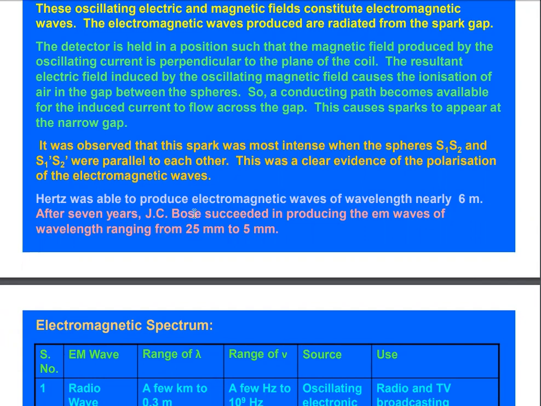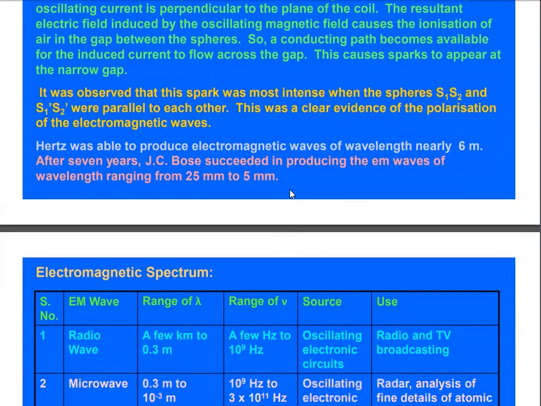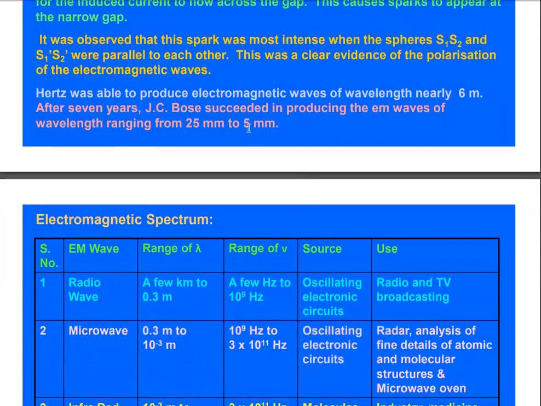Jagdish Chandra Bose succeeded in producing the EM wave of wavelengths ranging from 25 mm to 5 mm. And this wave is called radio wave of short wavelengths. And it was this wave produced by Jagdish Chandra Bose that was then used for communication, and the invention of radio